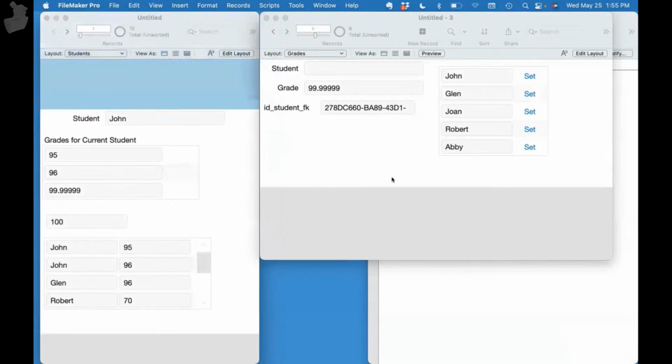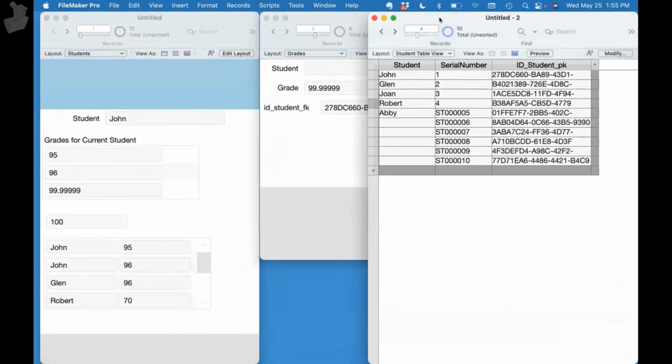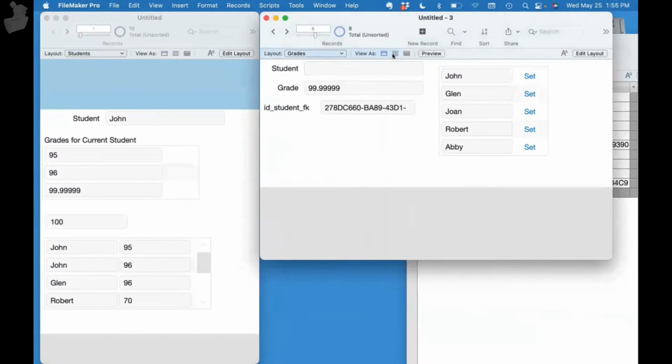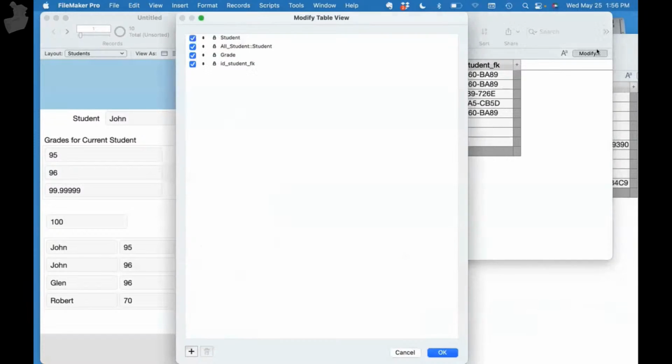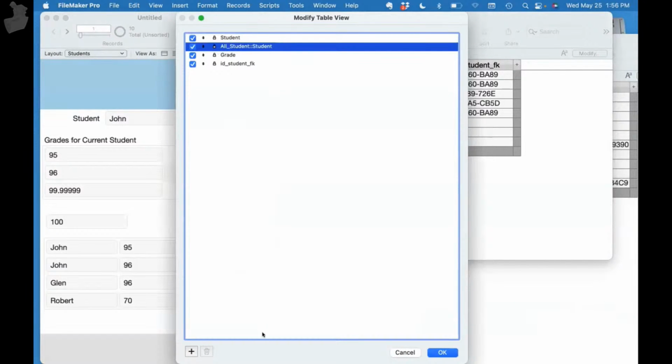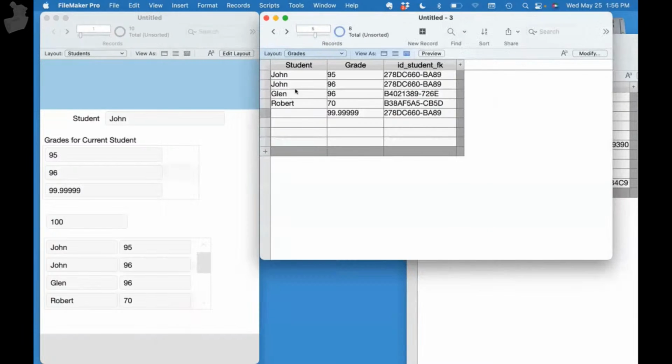Now I enabled it to delete related records. Let's go ahead and go back to this grades table. I'm going to go to the table view. Let's modify this and hide the student. So here we've got John has 3 records because his ID is used in 3 of them, and the rest are not. John has 3. So when I delete John's records here,